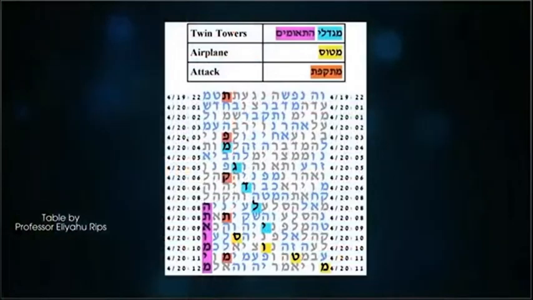This is probably Professor Rips's most famous table. He looked this up right after the Twin Towers attack. It's the Twin Towers airplane attack. Those letters came up all in chapter 20 of the book of Numbers, in just a very small table, an amazingly small table. And the chances